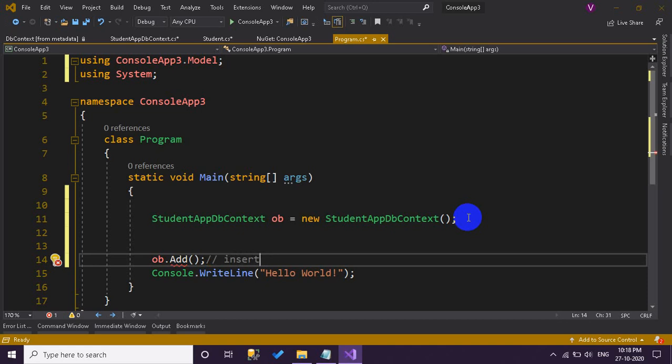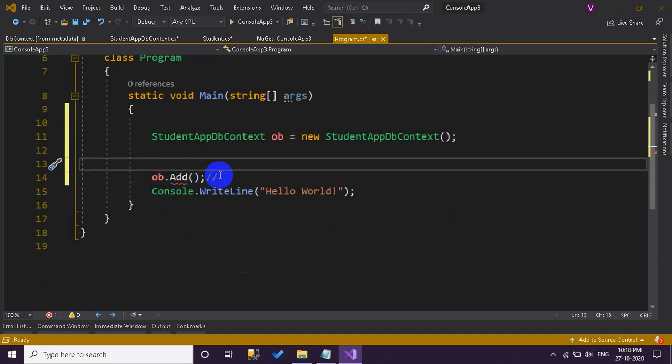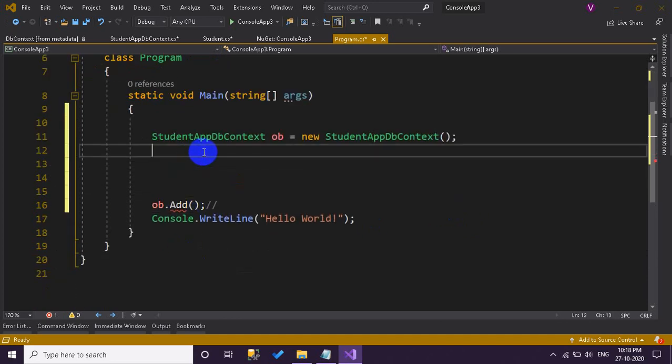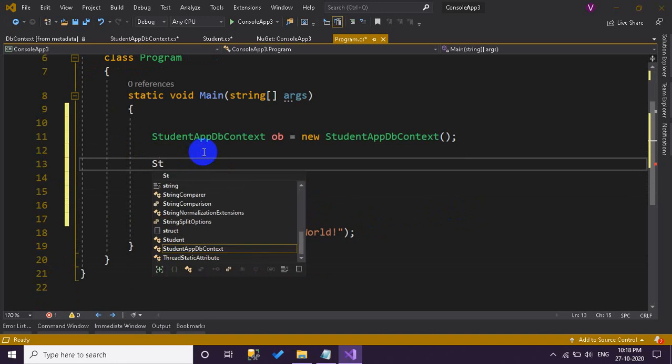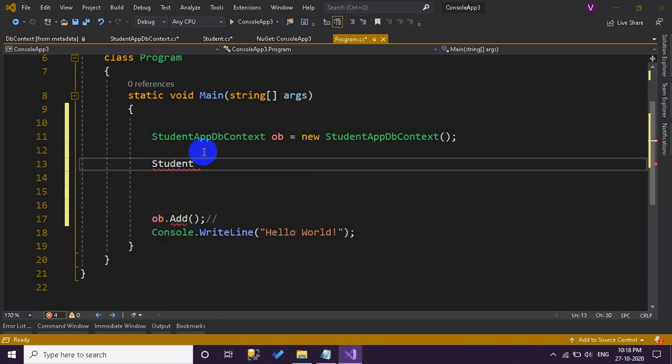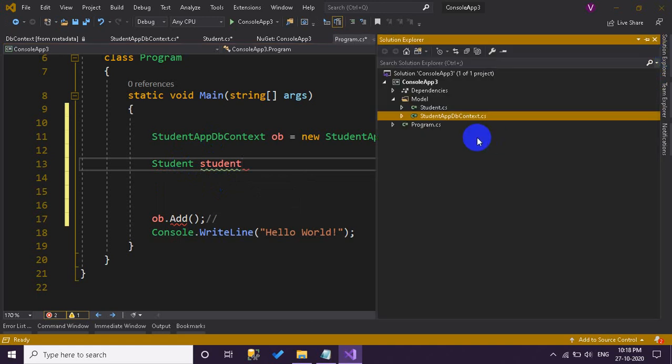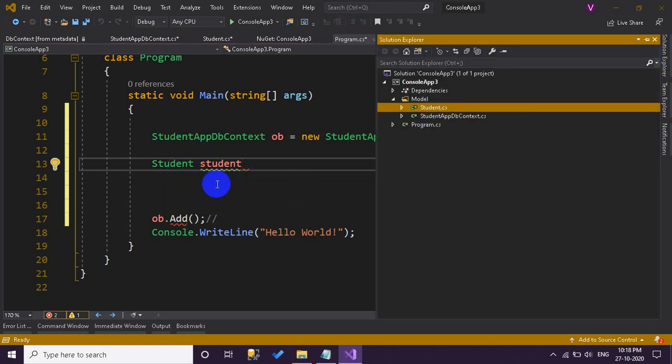Basically you can modify your data. This time we are adding some data. So first of all we need to add some dummy data. For that purpose I am creating an object of Student, meaning this model Student.